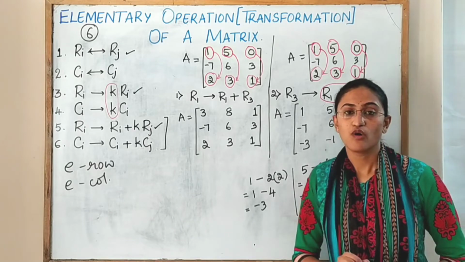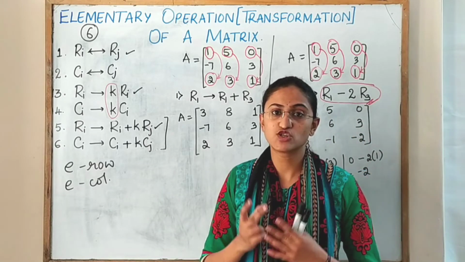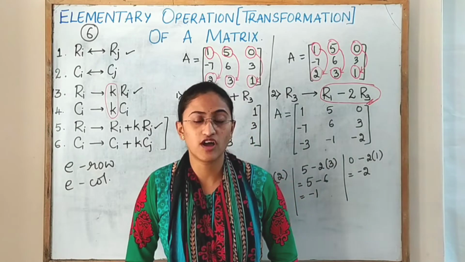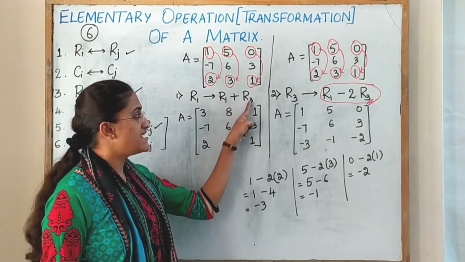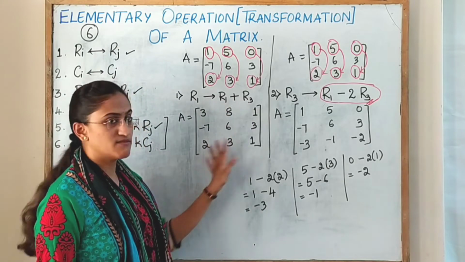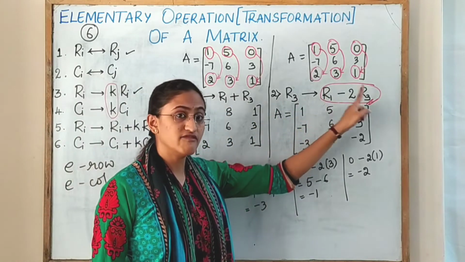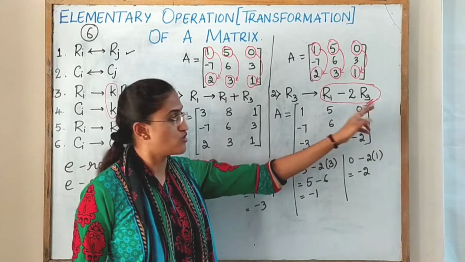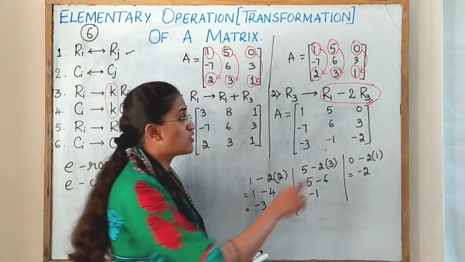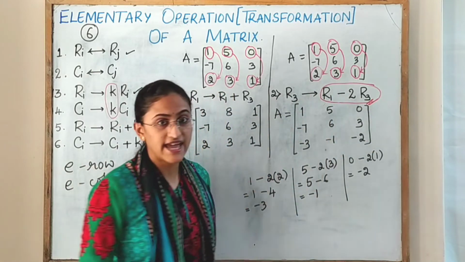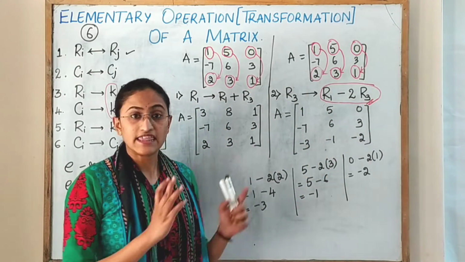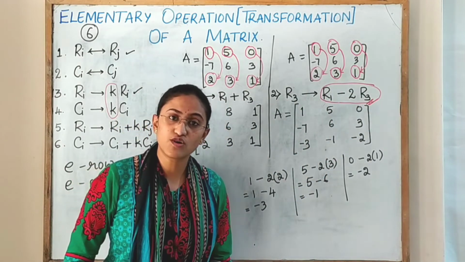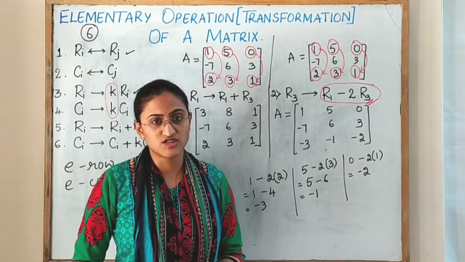This is how we change any given two rows or any two columns using elementary operations. Here I am adding two rows and I am changing the matrix. Here I am having the difference between any two rows, and also you can notice I have also multiplied a scalar to one row, and then I have subtracted two rows. In the same pattern you can also do it for the column operations.